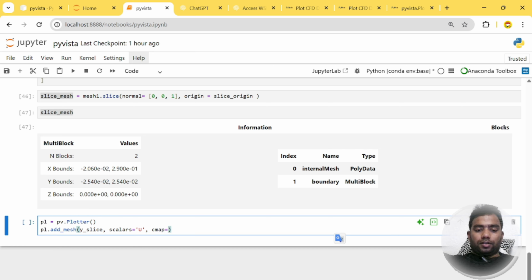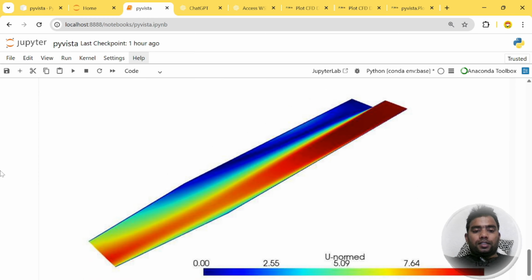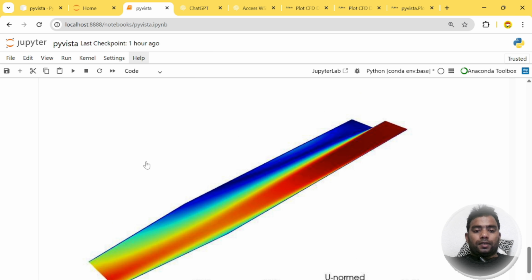Instead, we can use the cmap utility, and maybe we use the color JET. You can find the different cmaps available in PyVista by googling, and instead of this y slice, we should have this slice mesh. And now we can use p1.show,